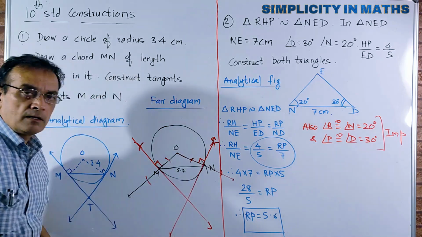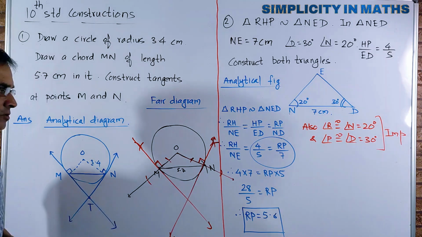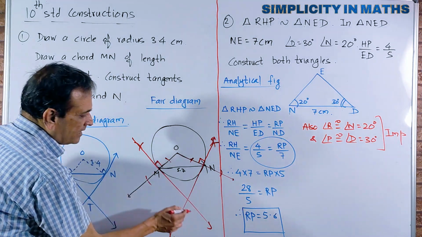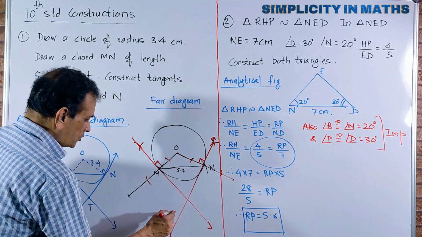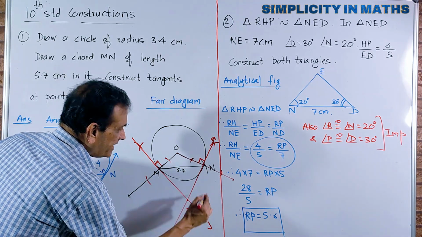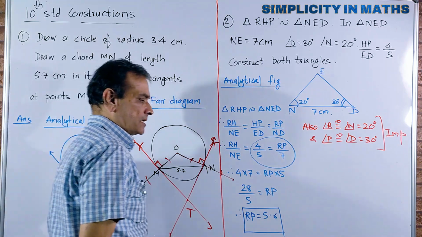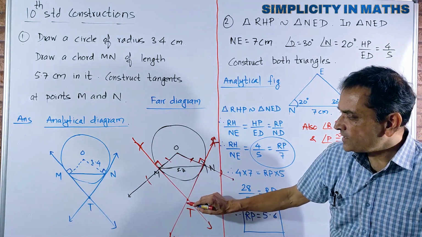This is a right angle. So automatically, this is also a tangent. So we have drawn a tangent at point M. Drawn a tangent at point N. Both are intersecting, suppose in point T. That is our answer. Now in the exam, they might also ask that measure the lengths of the tangents TM